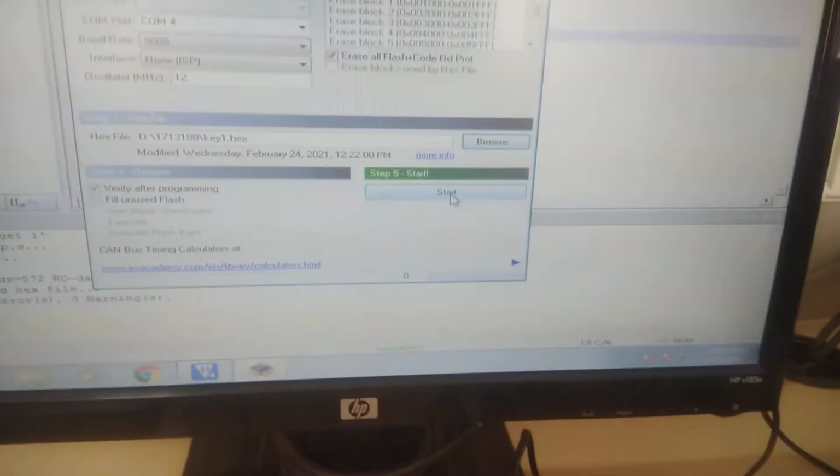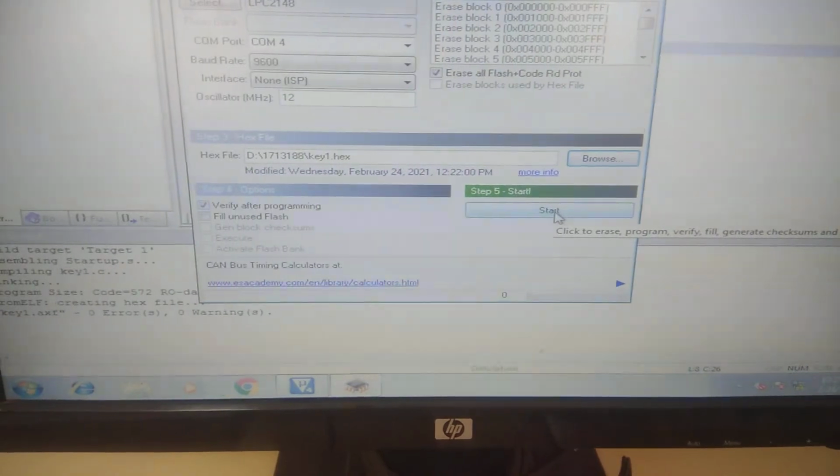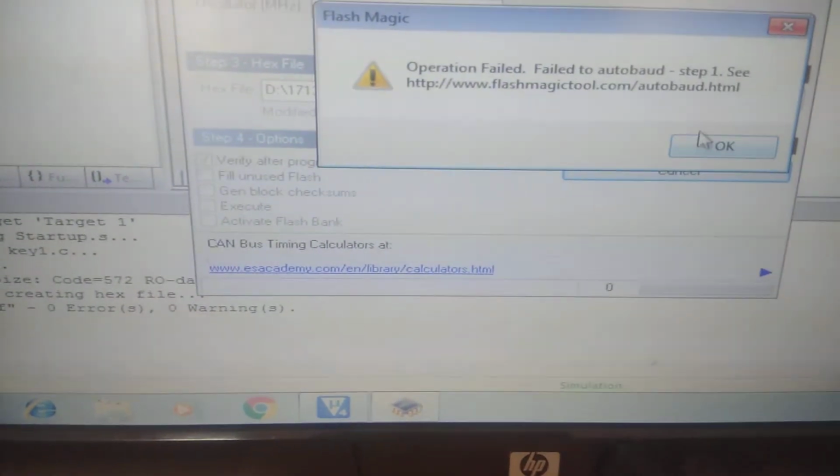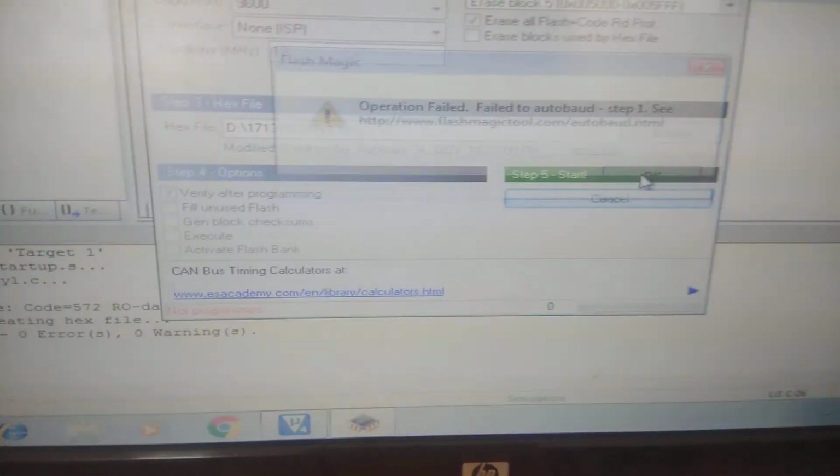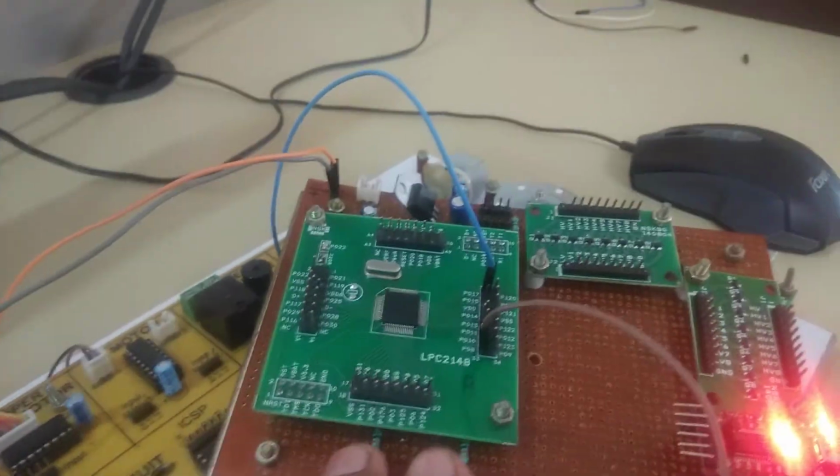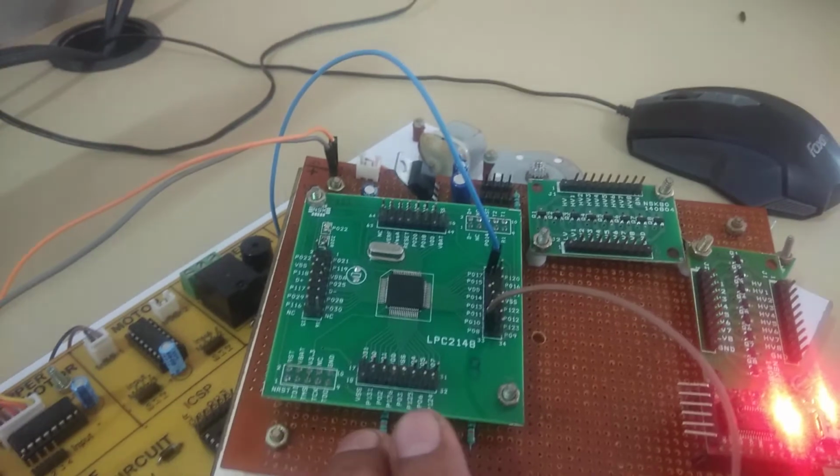After that, if you click the start button, you can verify. Here there is an attempt to connect and it will show you how. So now it's having some problem. So again you have to, that is nothing but your controller is not turned on in the programming mode.